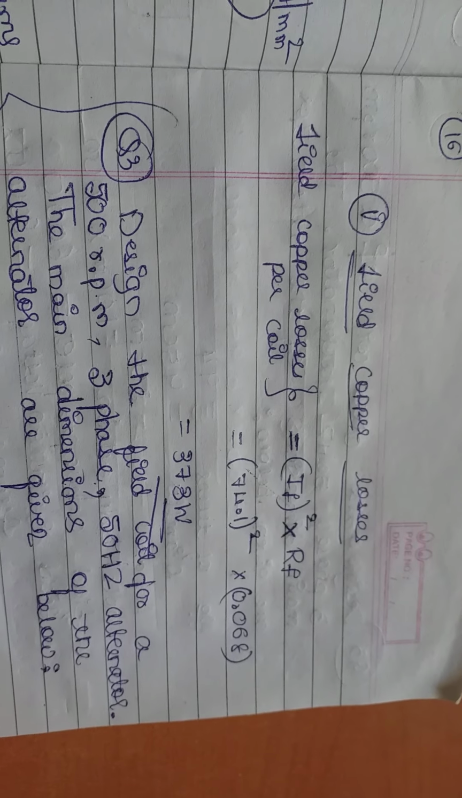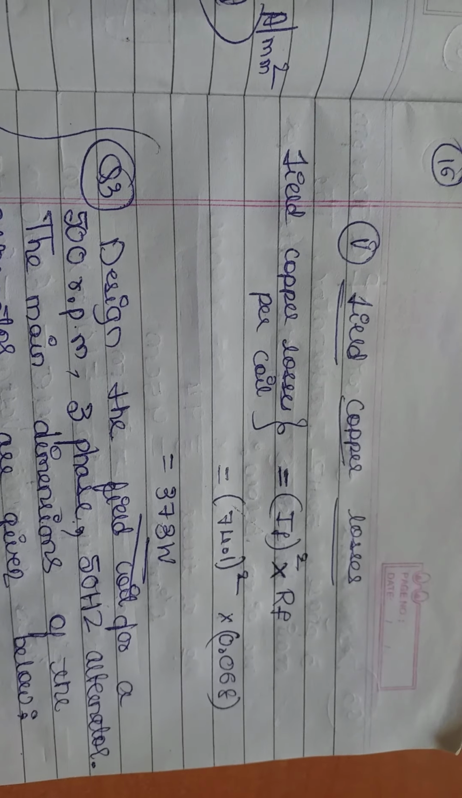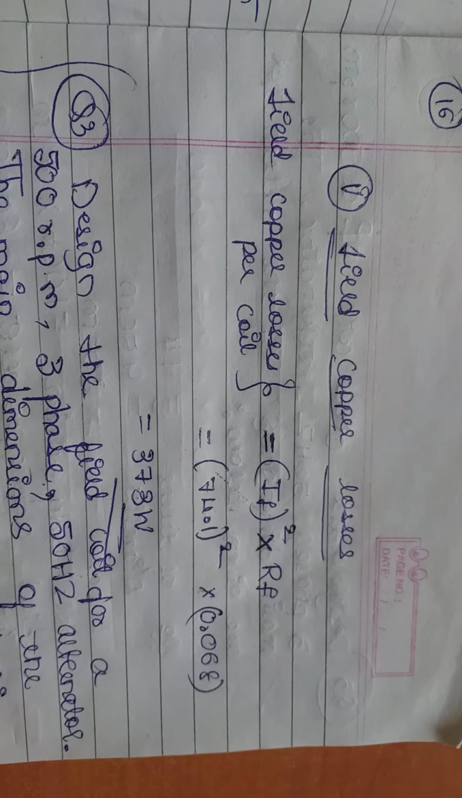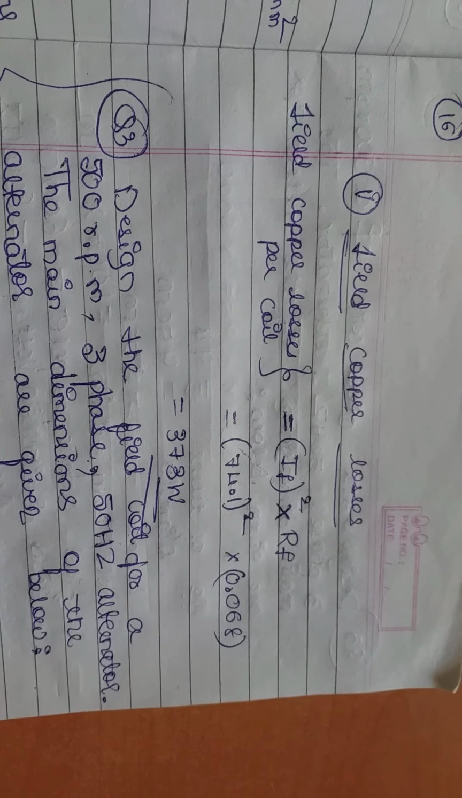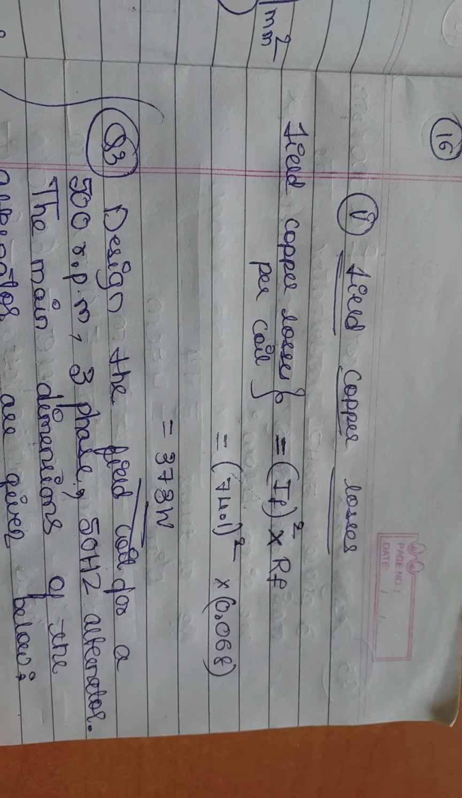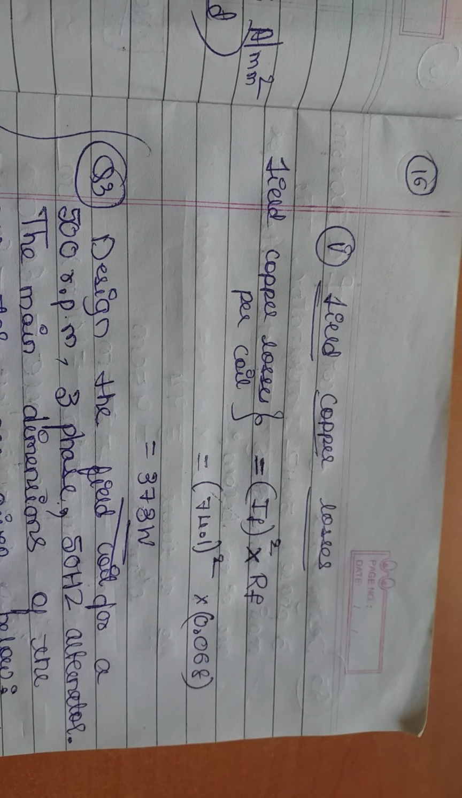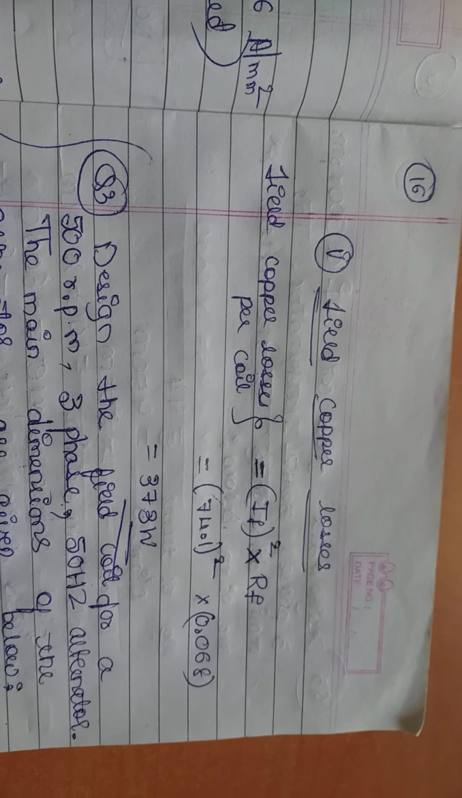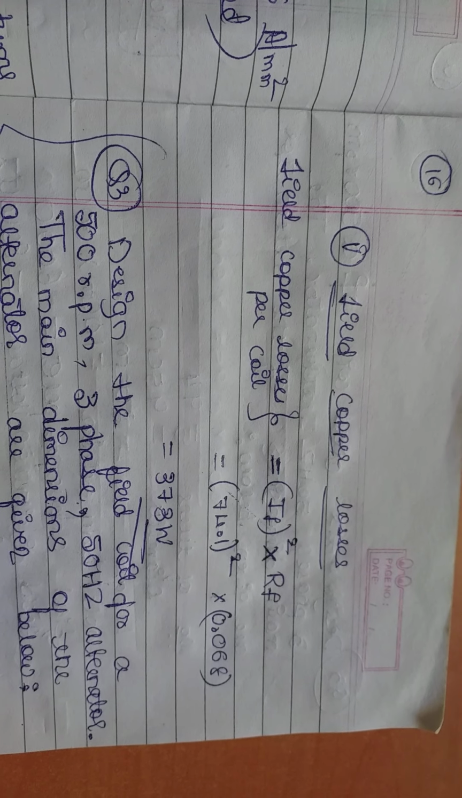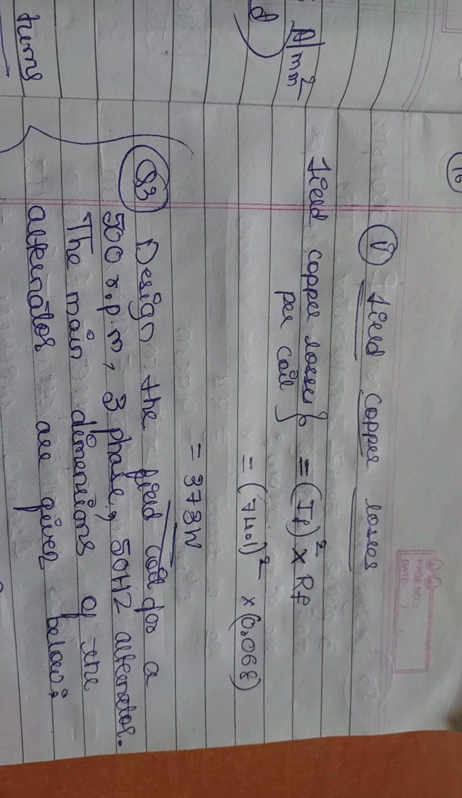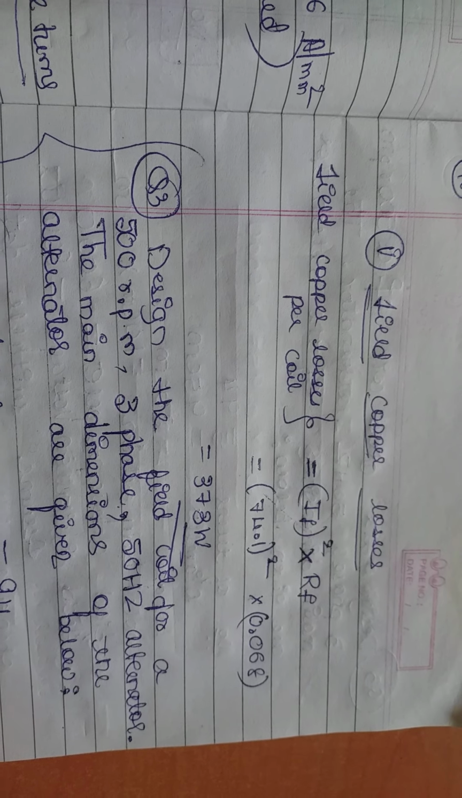Now what is our fifth aim? Our fifth aim is to calculate the field copper loss per coil. Field copper loss per coil is nothing but the IF square into RF here. So IF just now which we calculated in our second aim, that is 74.1 whole square into RF, RF is nothing but 0.068. So field copper loss per coil how much we are getting? 373 watt. So now in the next video we'll go with our third